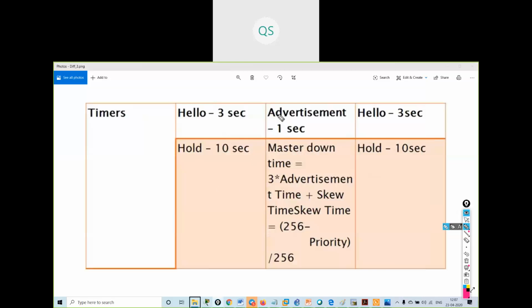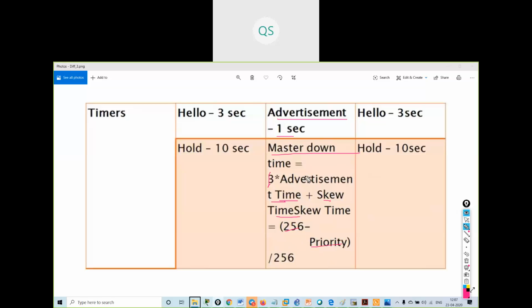Now in VRRP, the hello packet is known as the advertisement and it is sent every 1 second by default. If the master is down, it will use a formula: 3 times the advertised time, plus skew time, where skew time is (256 minus priority) divided by 256.